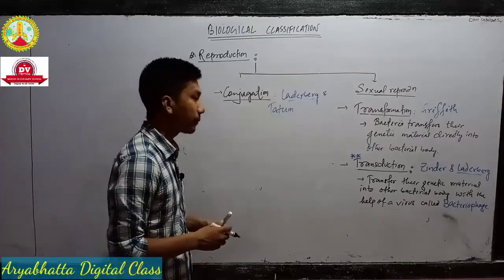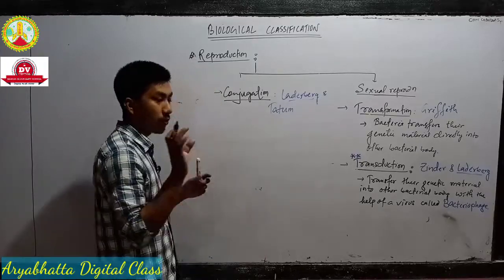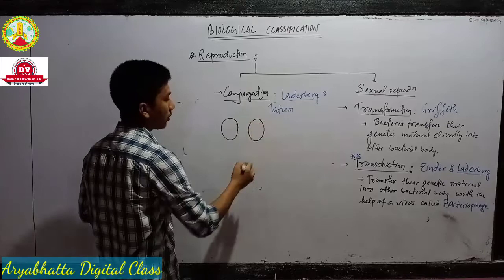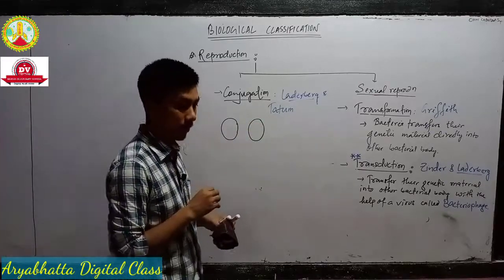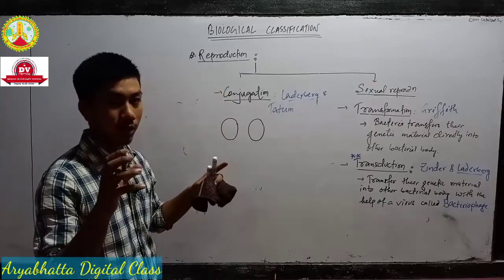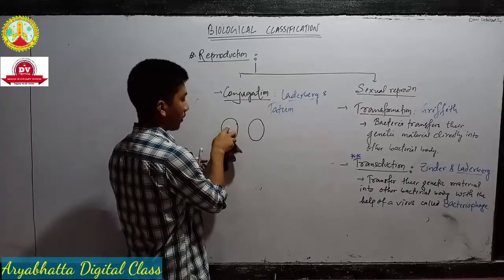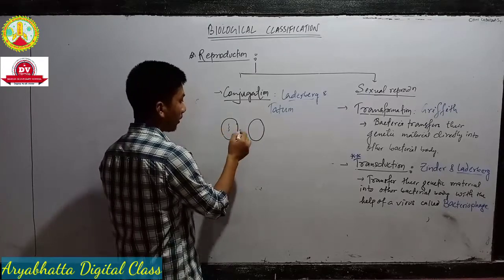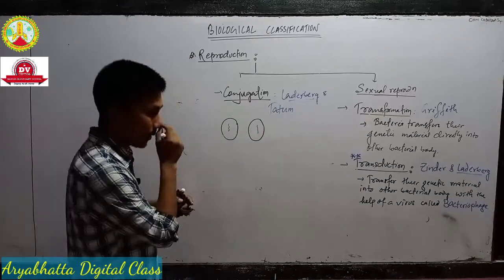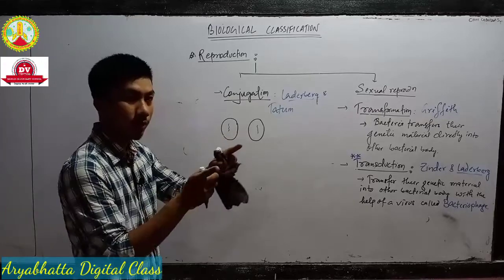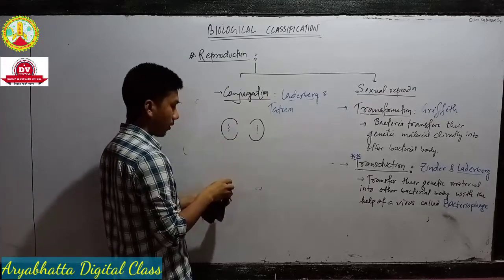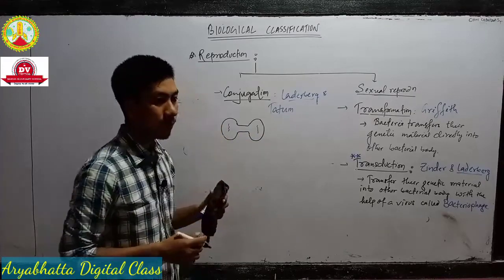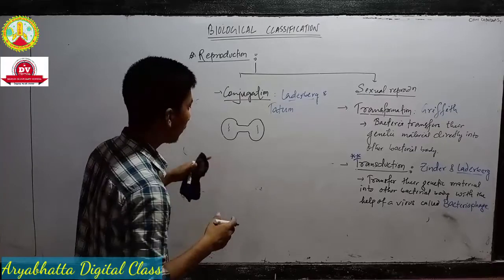In conjugation, what happened? A bridge is formed between two cells. Okay? बैक्टीरिया का एक सेल होते हैं और दूसरा सेल होते हैं। सपोज ड्यूरिंग गेमेट फॉर्मेशन, जब गैमेट फॉर्मेशन होते हैं, एक मेल का सेल और एक फीमेल का सेल, दोनों सेल के बीच में एक ब्रिज फॉर्म करते हैं। सपोज ये मेल गैमेट्स हैं, ये फीमेल गैमेट्स हैं रिप्रोडक्शन का टाइम में, तो मेल गैमेट्स का अंदर में डीएनए है, फीमेल गैमेट्स का अंदर में भी डीएनए है। तो क्या होते हैं, ये दोनों के बीच में एक कॉन्जुगेशन ब्रिज फॉर्म करते हैं। उसी ब्रिज को हम लोग कॉन्जुगेशन ब्रिज बोलते हैं। ओके, सो ड्यूरिंग गैमेट फॉर्मेशन व्हाट हैपन, ए ब्रिज इज फॉर्म बिटवीन टू सेल। बिटवीन टू सेल मतलब मेल एंड फीमेल सेल। सेल नहीं बोल के हम लोग गैमेट भी बोल सकते हैं, बिटवीन टू गैमेट।